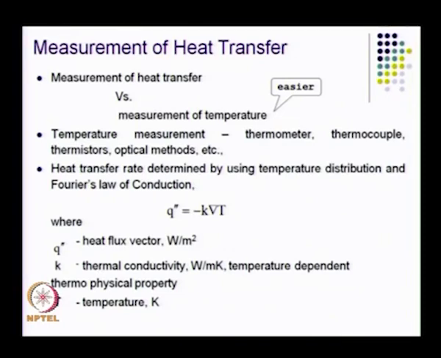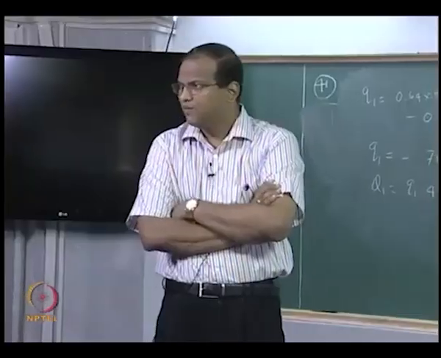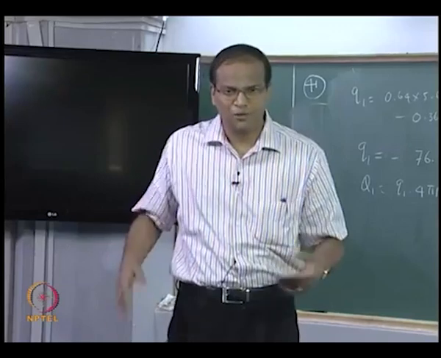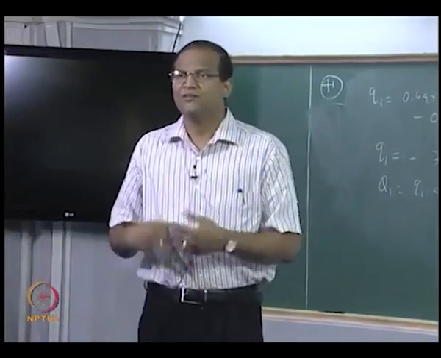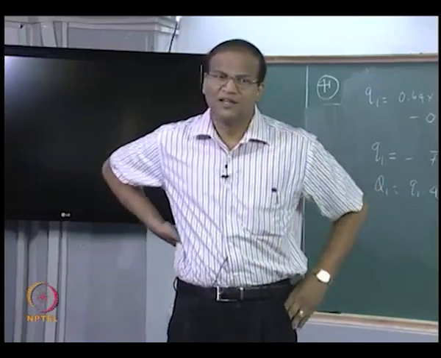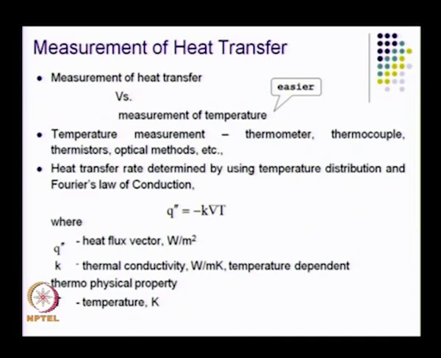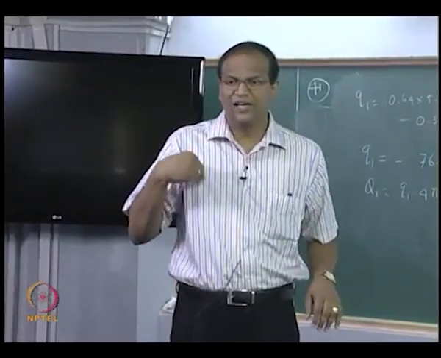okay. So this is through Fourier's law of heat conduction, q double prime equals minus k grad T, okay, it is basically a rate law applicable to conduction. It is not such a great law, in the sense that it cannot be proved from first principles. Whenever conduction heat transfer takes place, the heat transfer rate is always proportional to the temperature difference and inversely proportional to the area, and if you replace the proportionality by an equality, you get what is called the thermal conductivity. Therefore the thermal conductivity of a medium is nothing but the heat flux when the gradient of the temperature is unity, that is all. So Fourier's law of heat conduction gives you an operational definition for k. It gives you a way to measure k,